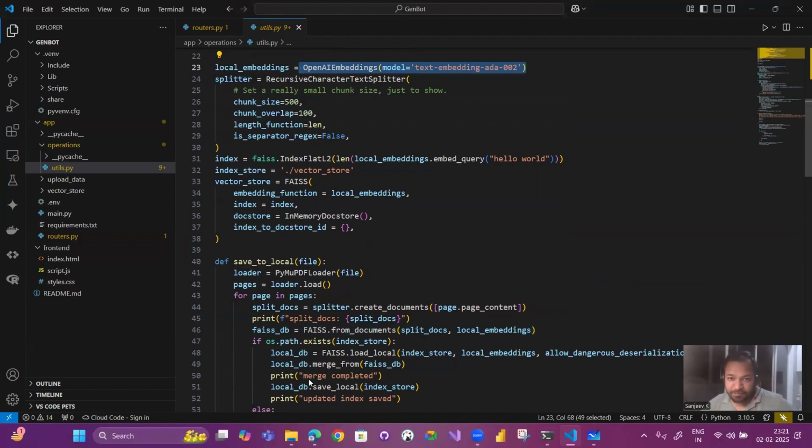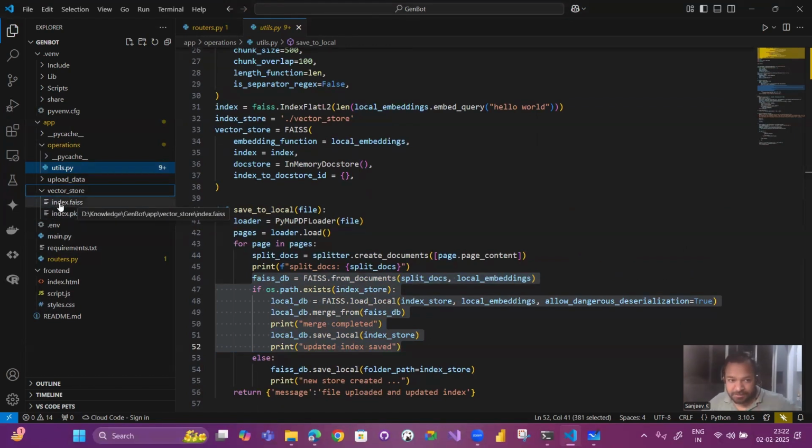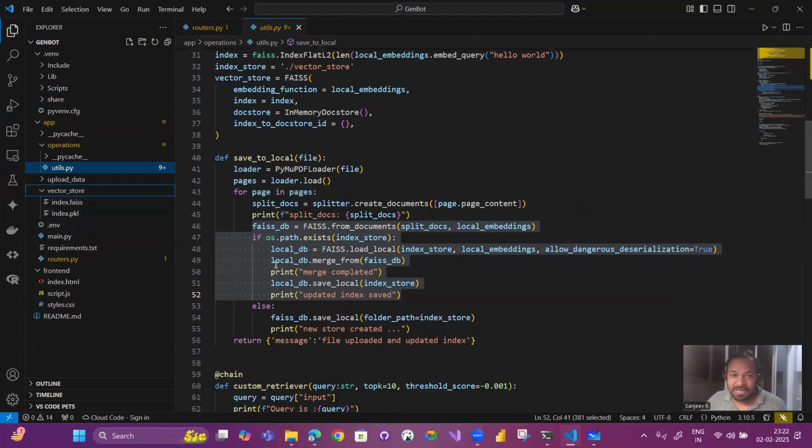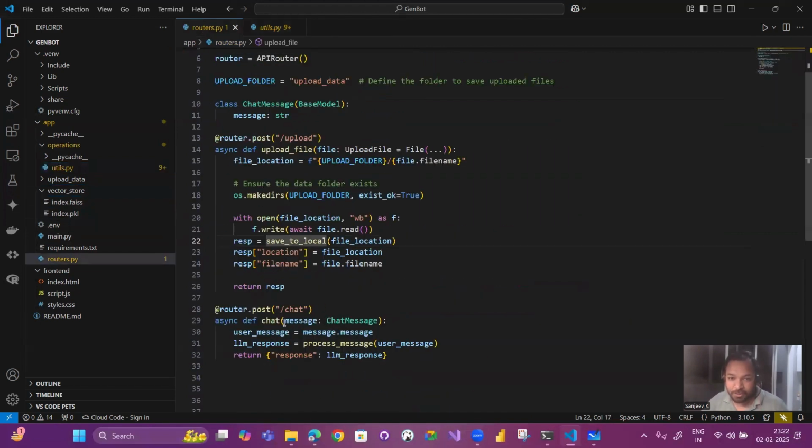After the embeddings are formed, we are storing them in a vector database. This is the first part where I upload the file, convert it to embeddings, and store the embeddings into files. So I'm going to persist the data. I'm not going to lose it, so that if I restart, I should not lose the data. So I'm going to write it to my hard drive. This is the index files which you see on the left side. This is the vector database. This is API 1.